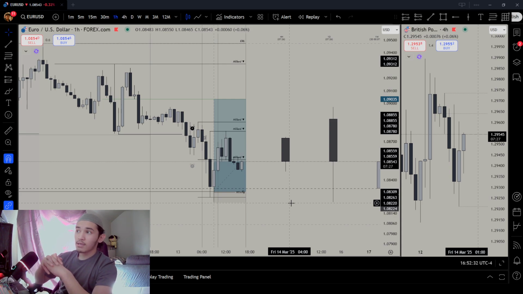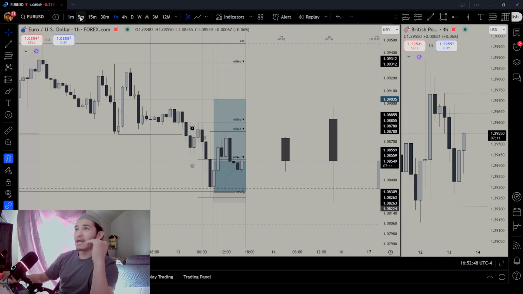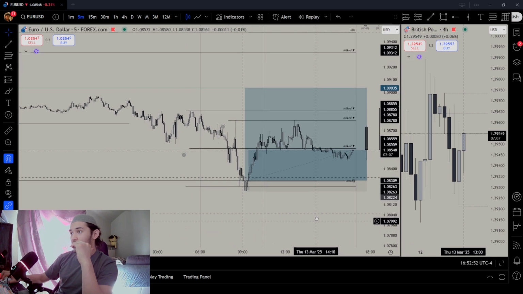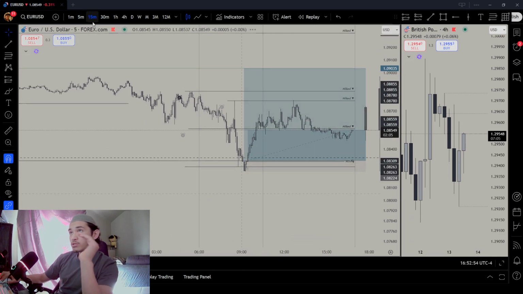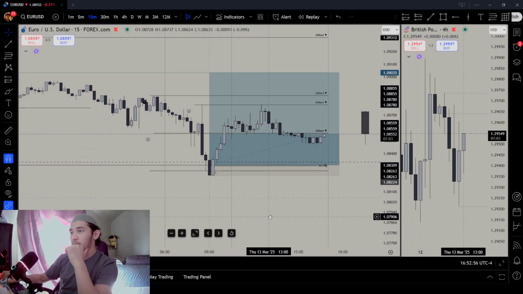But other than that, in a New York situation, you can usually use the hourly CRT and enter on the 5-minute time frame, because you want the market to do a little retracement to expand, right? And now let's get straight into the 5-minute time frame for the execution. But before we go into that, let's go to the 15-minute time frame.